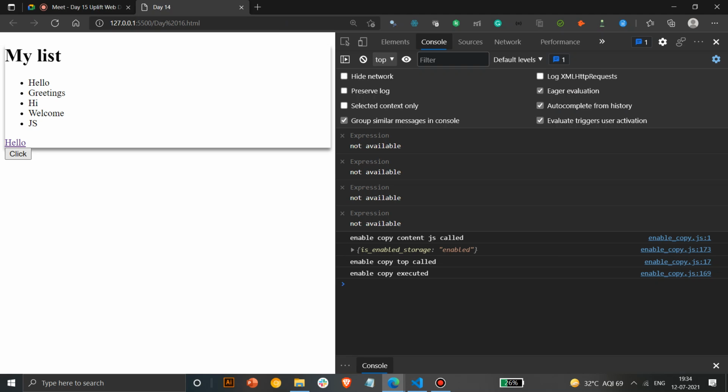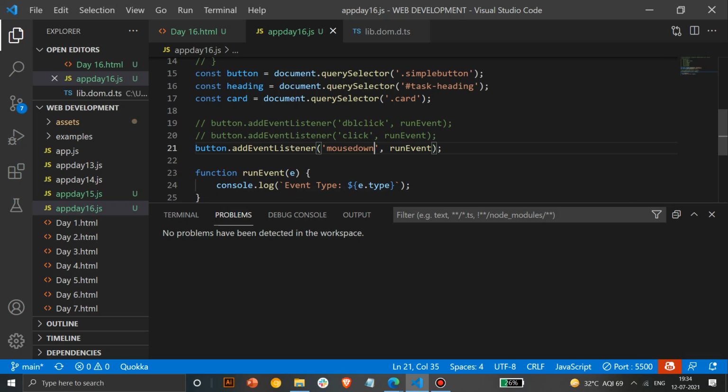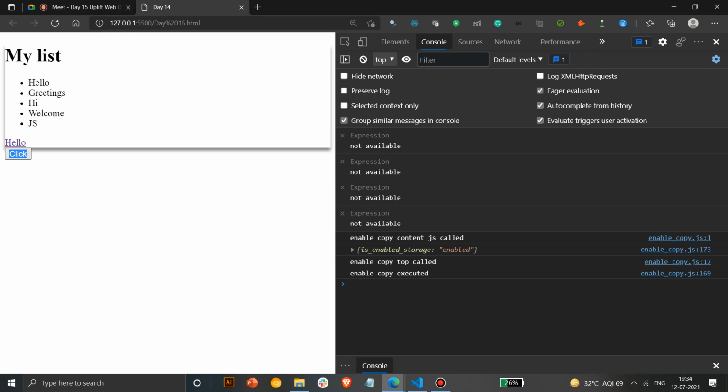What happens with mouse down is, if I have clicked on a particular button, till I don't move my cursor from it, it won't fire. Did I write the spelling right? No, it's right. Till I don't move my mouse, it doesn't work.